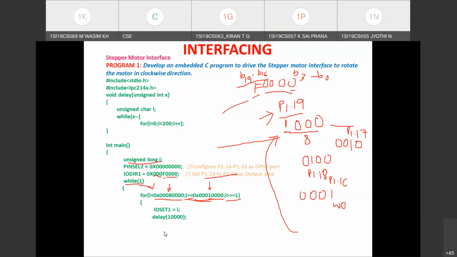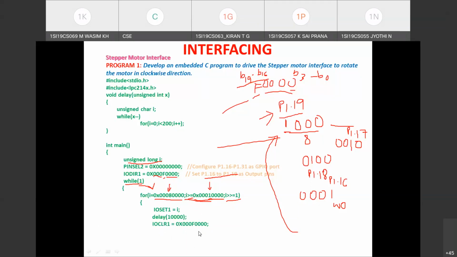After that, we'll clear those 4 pin statuses by writing F to those 4 pins. Okay, how to do that? So just observe. IO clear 1 equals 0x000F followed by 4 zeros. So if you write this data to the IO clear register, port 1.19 to port 1.16, whatever is the status, that status will be cleared.